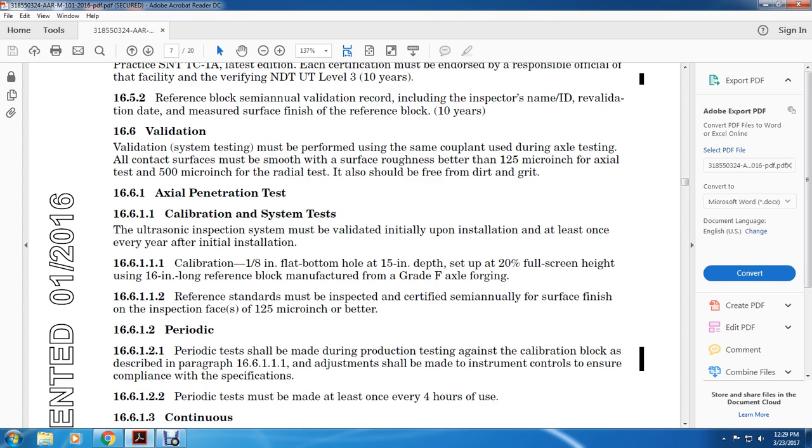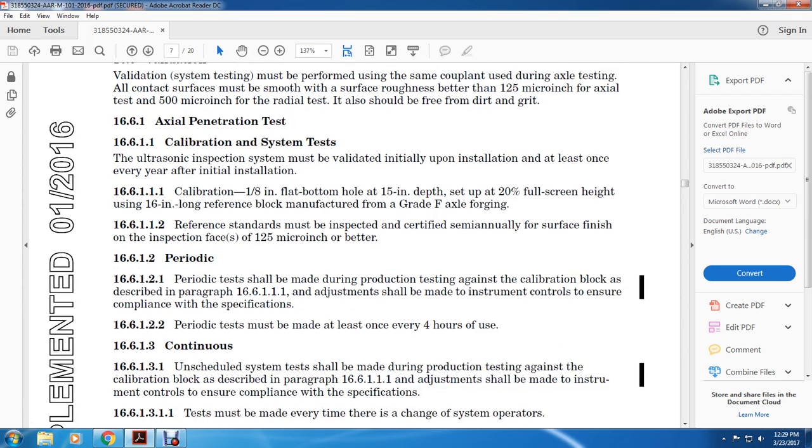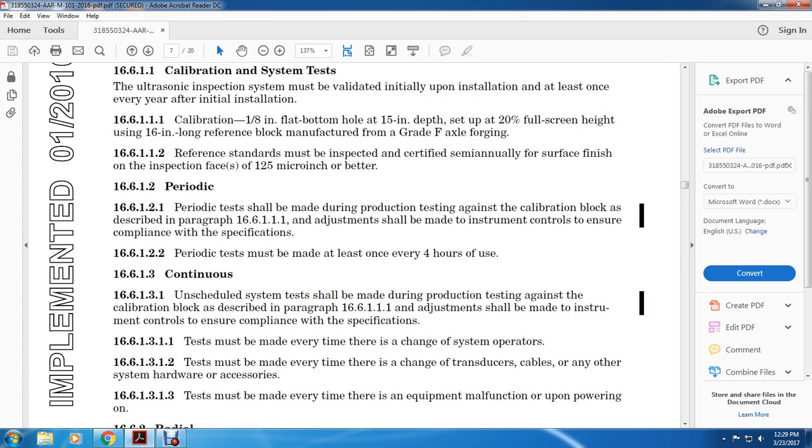16.6.1.2 Periodic tests. Periodic tests shall be made during production testing against the calibration block as described in paragraph 16.6.1.1.1. Adjustments shall be made to the instrument controls to ensure compliance with the specification. 16.6.1.2.2 Periodic tests must be made at least once every 4 years of use. 16.6.1.3